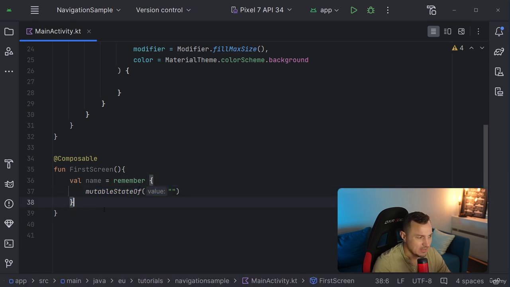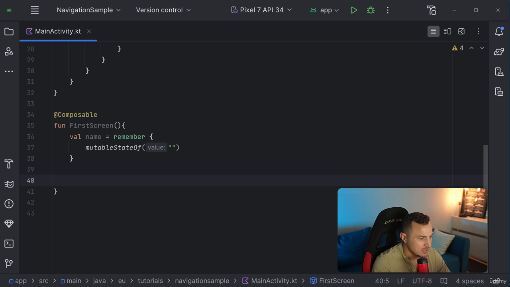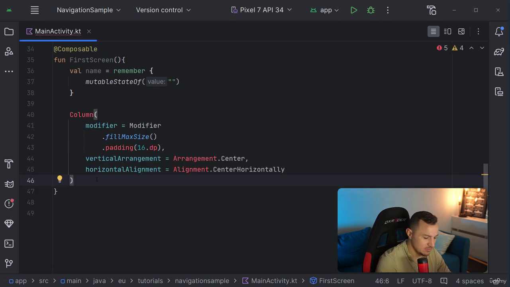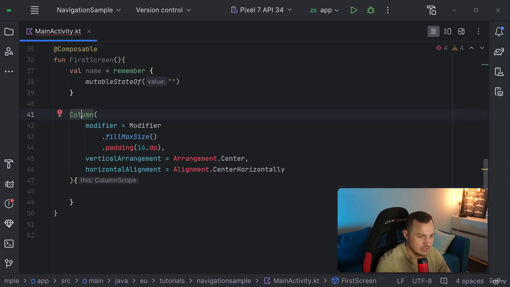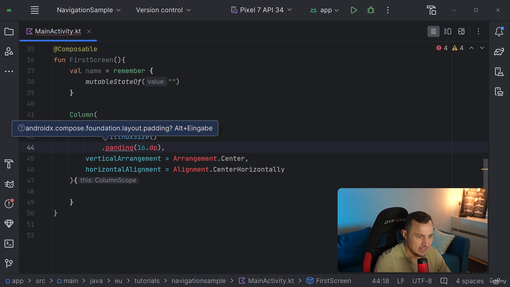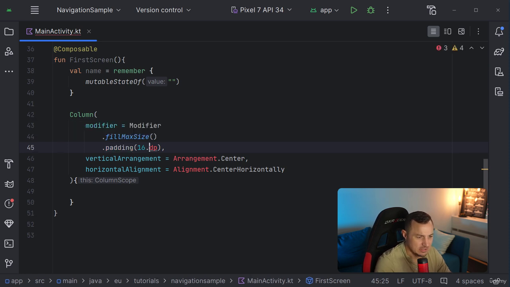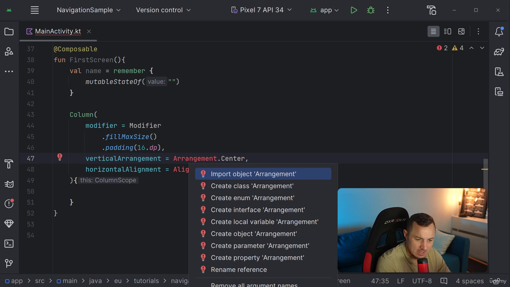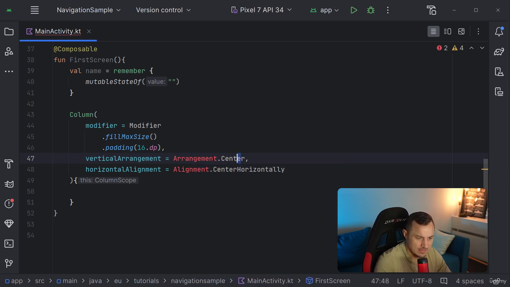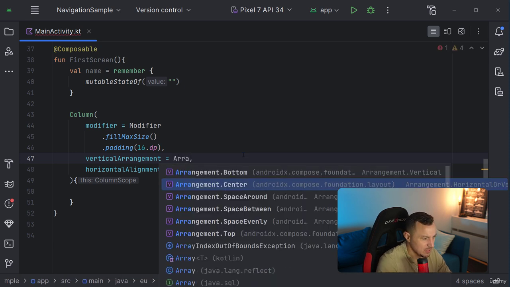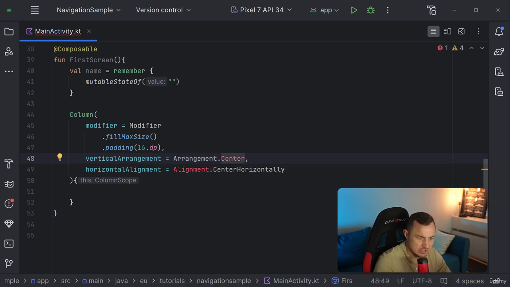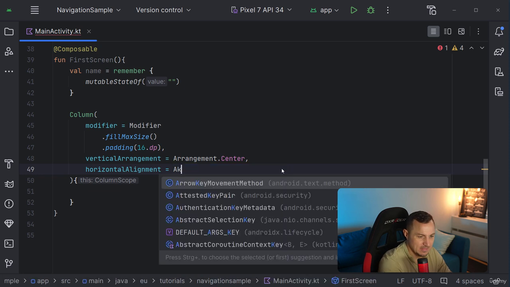Either way is fine. Then I want to have a column in which I want to have all the details. So here, this will be the column. I need to import column for this to work. So let's do that. Then padding needs to be imported. DP needs to be imported, and the same goes for arrangement. And here, let me see, it doesn't like it. Let's see if I enter arrangement. There we are. So sometimes it just doesn't like it if you paste it in,